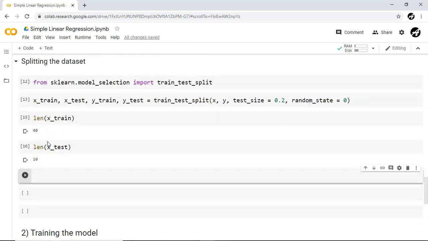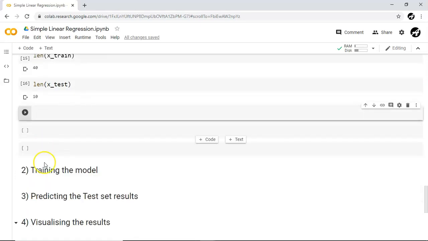Next thing is we need to train this model, and in the next video we will see how we can train the model, and later on about the prediction, how good the performance of our model is. And in a later video we will see how we can predict the result on the testing dataset.